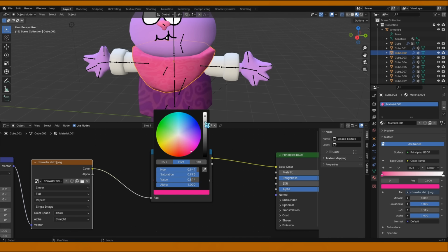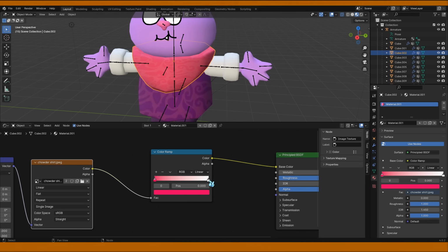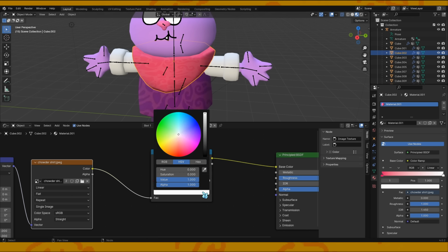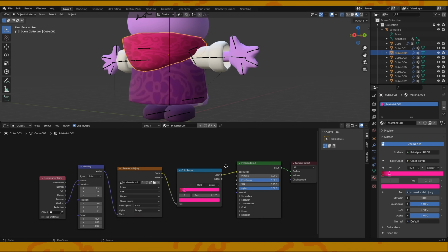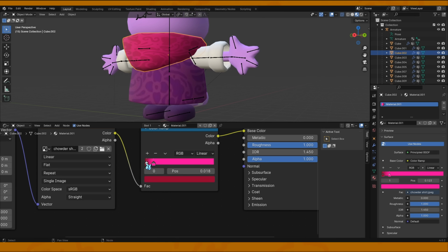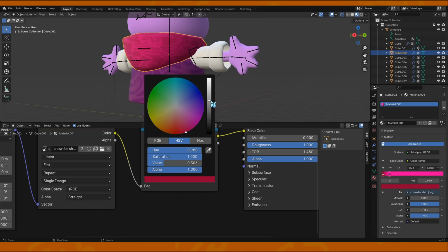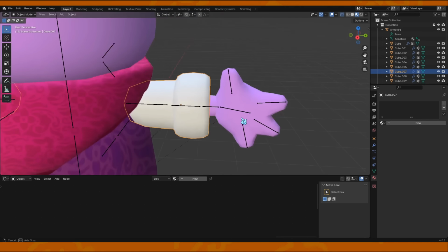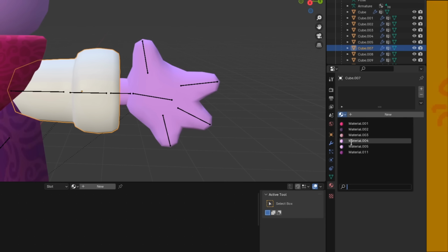You can pick them, just click on this wheel, and you'll be able to adjust it to whatever you want. So I just adjusted the 2 colors to be more of a pink and a dark pink, so that it can be the same thing as Chowder's normal scarf thing. So what I did for the sleeve was I just picked the normal purple texture to fill out the whole